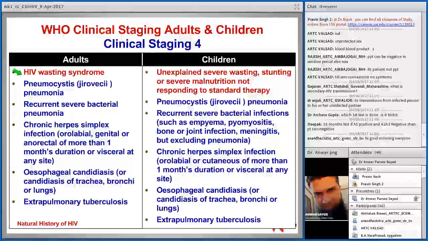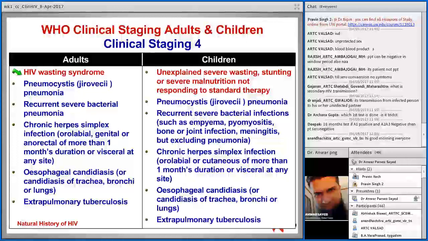And also there are a few additional things like symptomatic lymphoid interstitial pneumonitis. This is an interstitial disease where you will see interstitial infiltrates on chest X-ray, and the child will complain of breathlessness. So that is symptomatic lymphoid interstitial pneumonitis. Then chronic HIV associated lung disease including bronchiectasis. These are again lung conditions. Now the stage 4 list is again elaborate, where all kinds of serious disseminated infections will fall under stage 4.